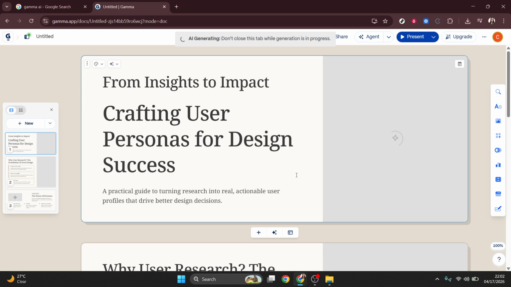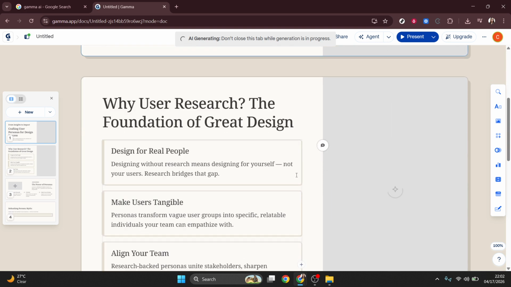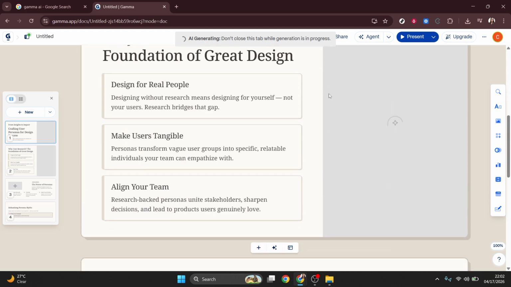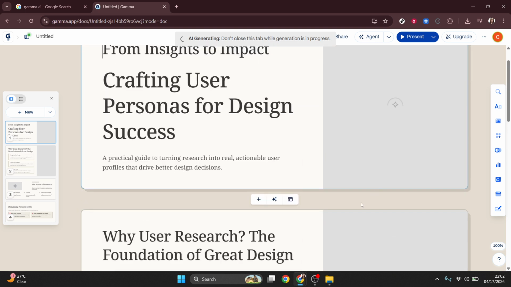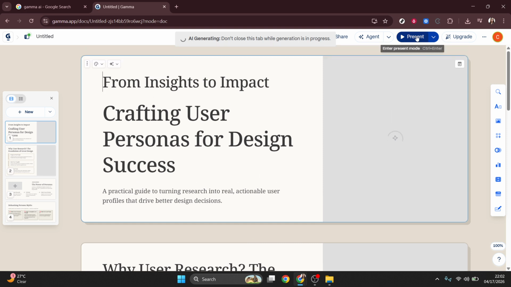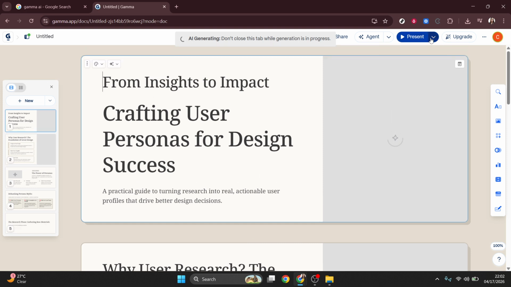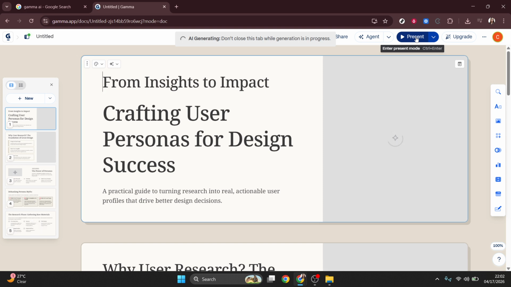When you're ready to share, click Present to enter slideshow mode for a smooth, full-screen experience, or click Share to send a link and collaborate with teammates in real time. This is great for collecting feedback without exporting files back and forth. Finally, export your presentation if you need an offline version. Choose PDF for a fixed layout or PPT for editing in PowerPoint. Often, sharing via link